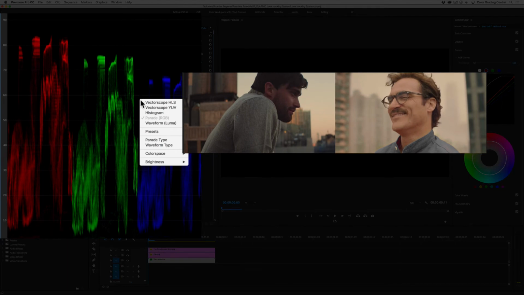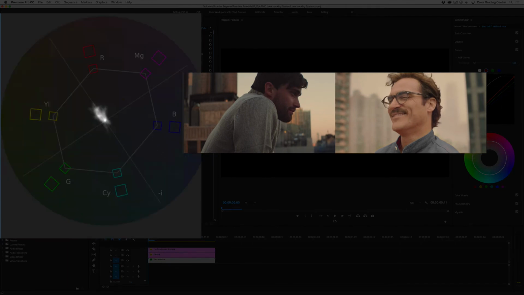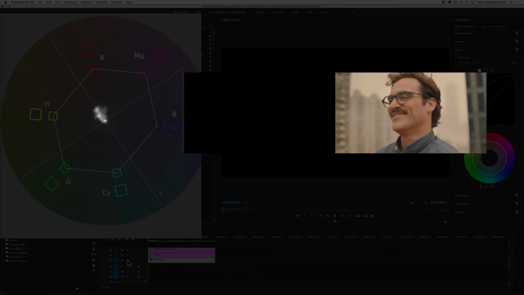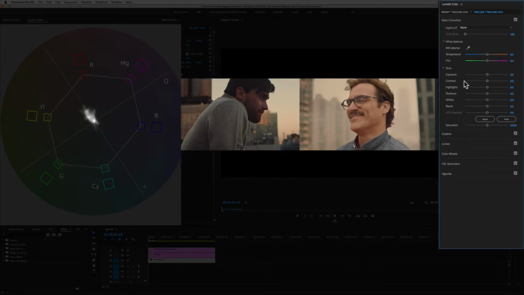Now to check on how we did, I'd like to bring up the vector scope. As I turn the visibility for the bottom clip on and off, we can see that it's a little more saturated than in the reference clip. So going back to the basic correction panel, let's reduce the saturation slightly. This is definitely an improvement, but the sky still looks like it has too much color compared to the still